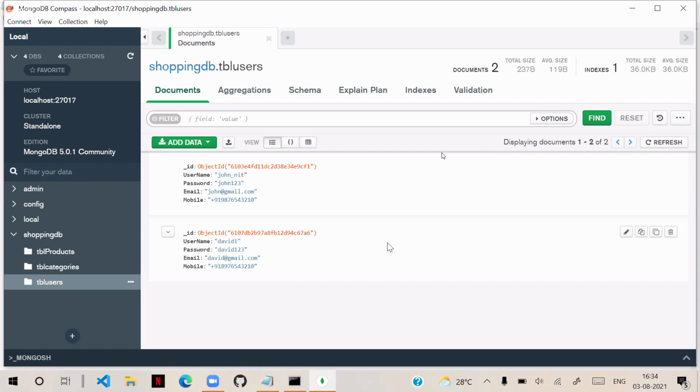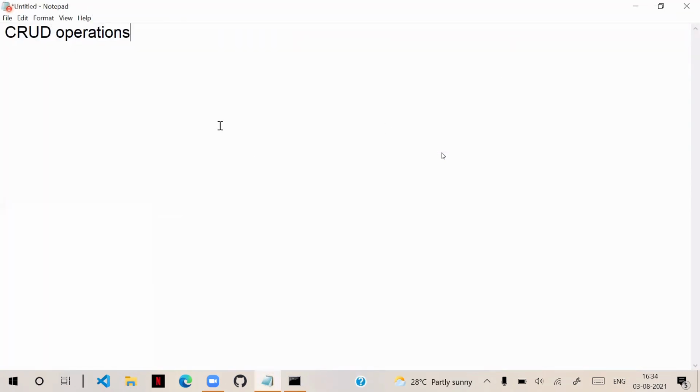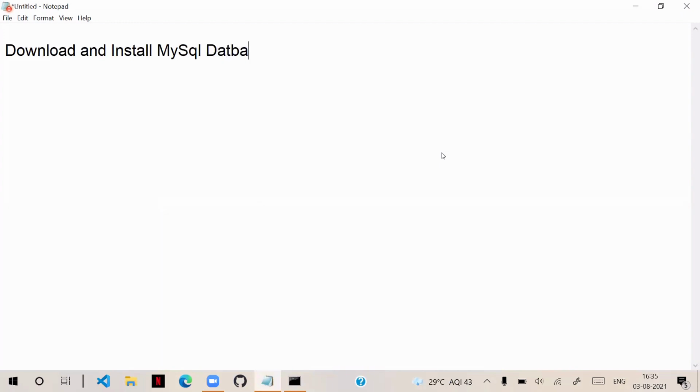Now, similarly, you have an SQL-based graphical interface. What you can try is, you can download and install the MySQL database. For MySQL, there is an option called Workbench. You have to download and install MySQL Workbench.